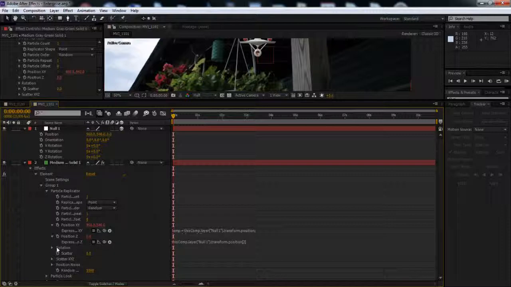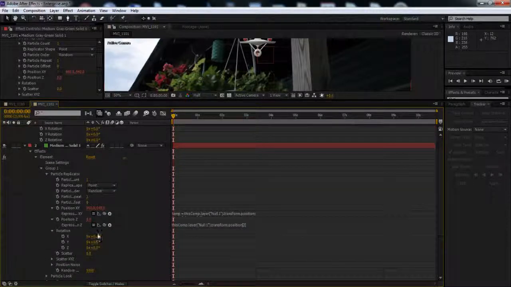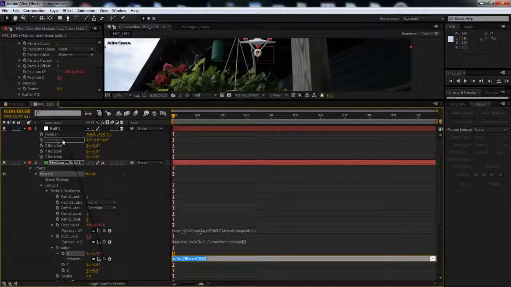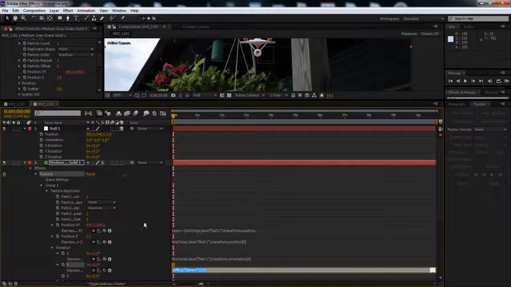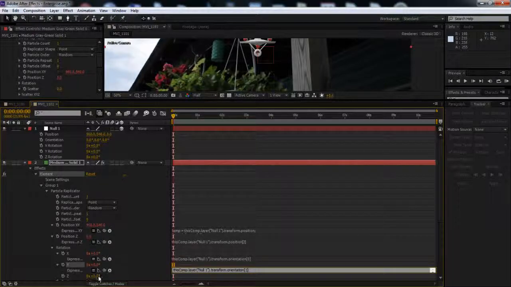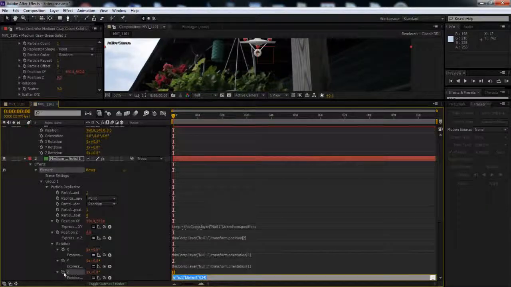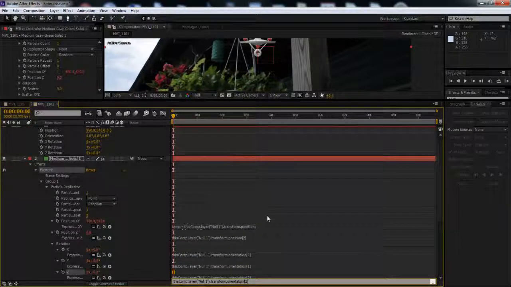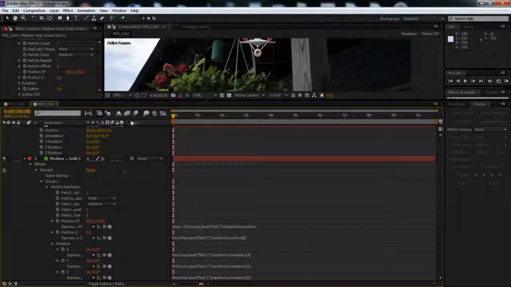Then we're going to go down here to rotation, and Alt-click X, pick whip to the orientation X, Alt-click Y, pick whip to the orientation Y. I don't know why, that's a funny question. And then Alt-click the Z rotation and pick whip the Z value on the orientation. So now we